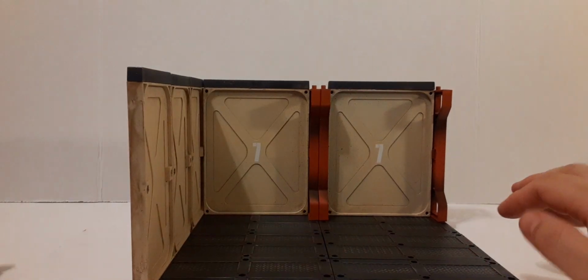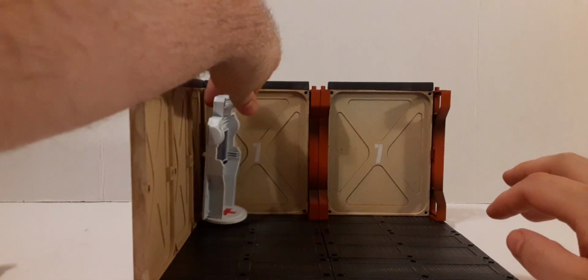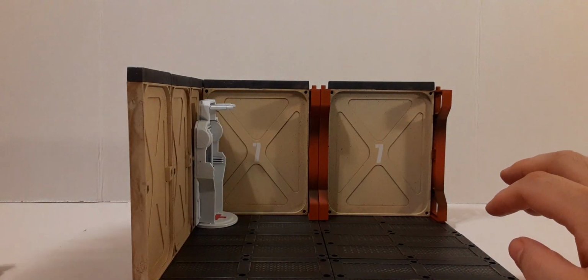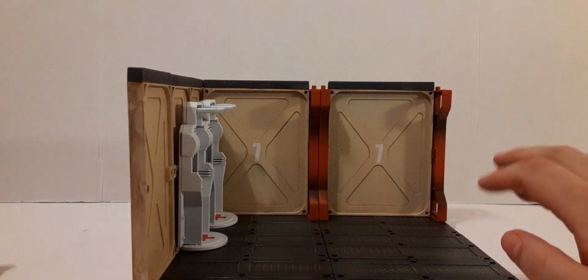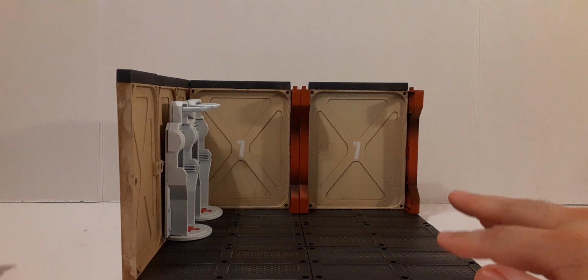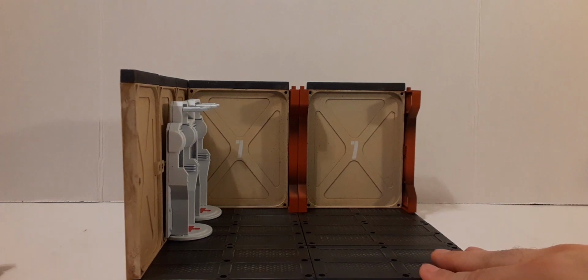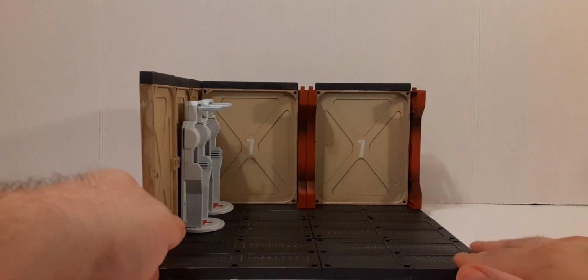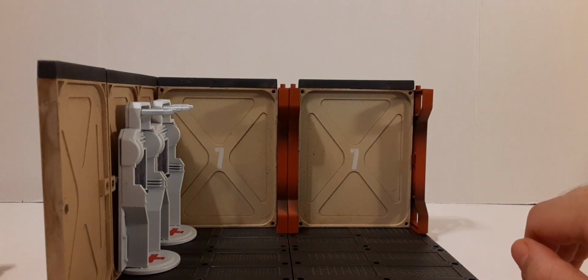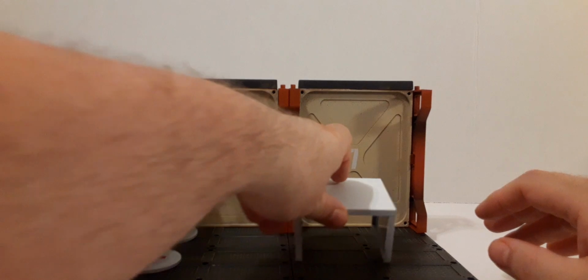So for me, you can peg these in here. Just put these back in here. Those are okay right there. Those are cool. I'm gonna put those 2 in there. For me, I don't like how the configuration was. To me, it takes away the playability and takes up so much real estate. So for what I'm going to do, I think in my dioramas, if this may help you guys out,